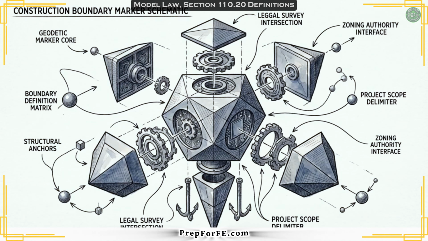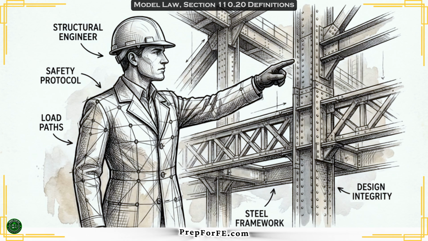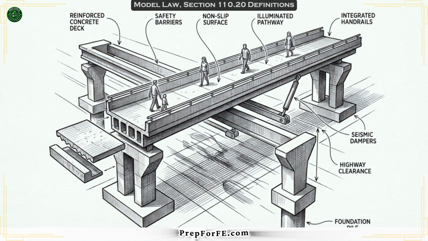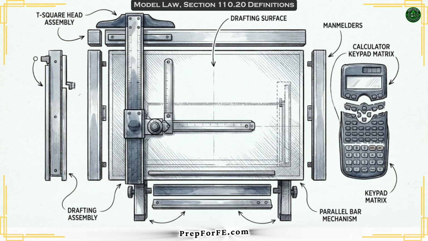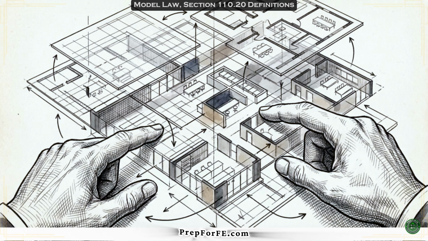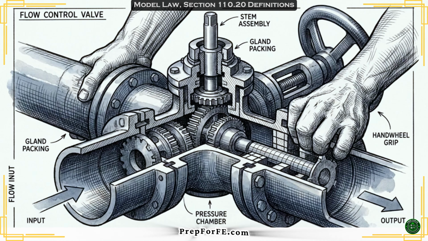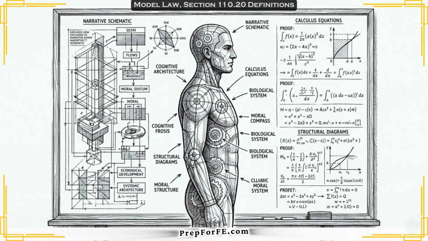Node 2, the scope of practice, defines the exact activities those authorized individuals are permitted to execute. The practice of engineering is defined as any service or creative work requiring engineering education and training that applies engineering principles to safeguard the health, safety, and welfare of the public. This includes planning, studies, design coordination, commissioning of engineered systems, and teaching engineering design courses.